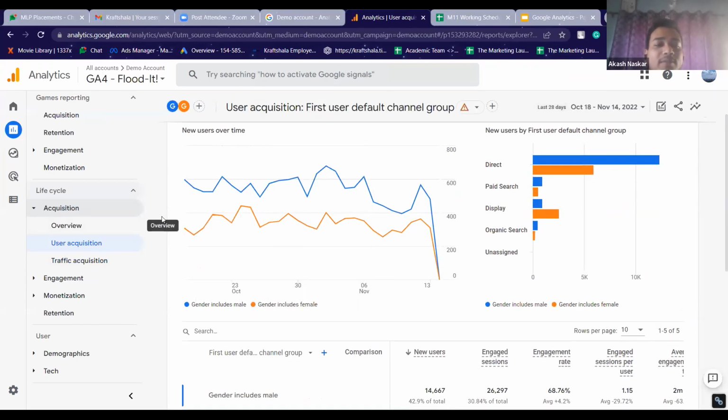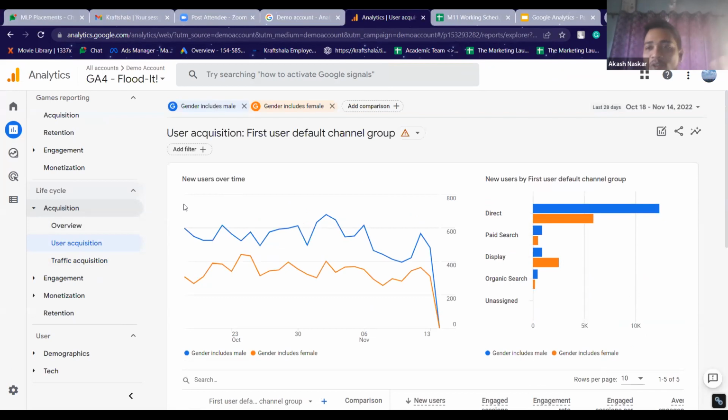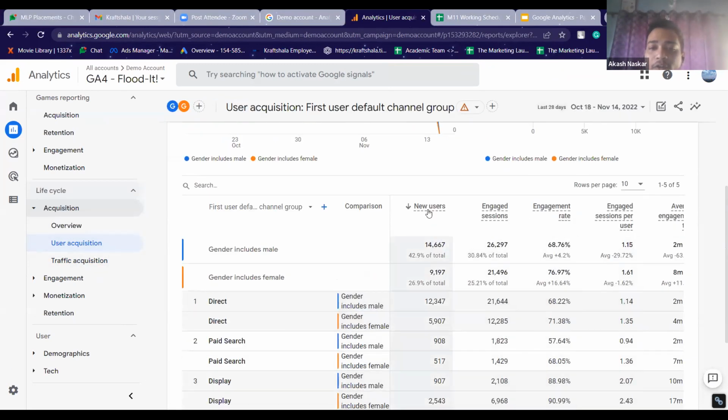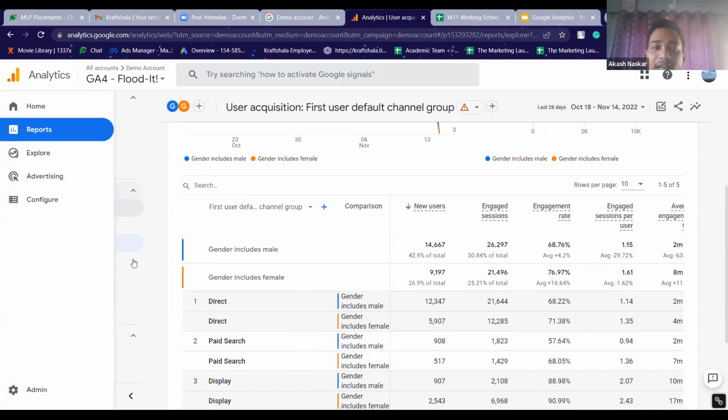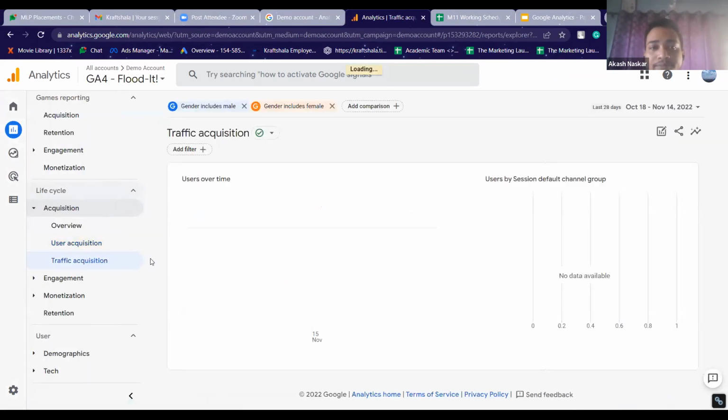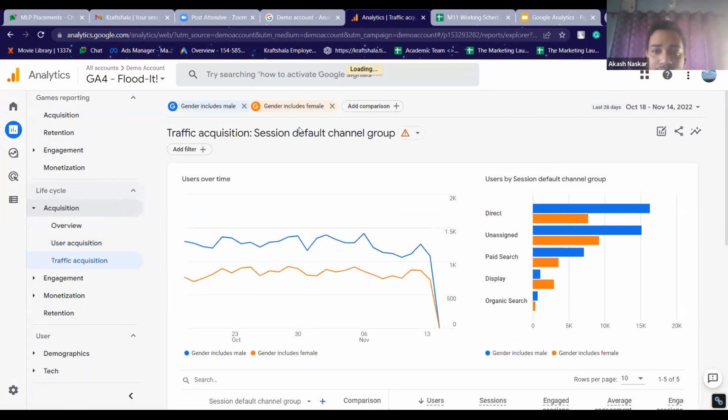Okay. Now, don't ask me, sir, why is it so? Because I don't know. Google is basically giving you that data in a specific format. So that is what we know. In new users, all the data that you see is for new users only. And in traffic acquisition, all the data that you get is for all users, new plus old. That's the only difference. Does that make sense, Aman?